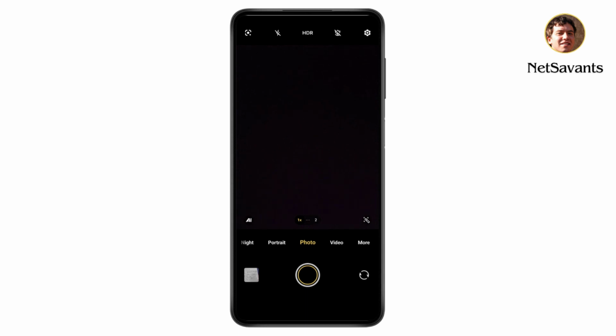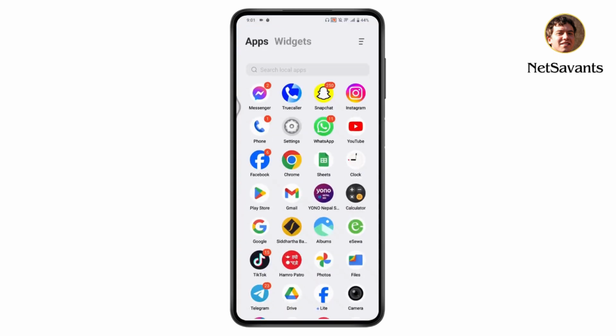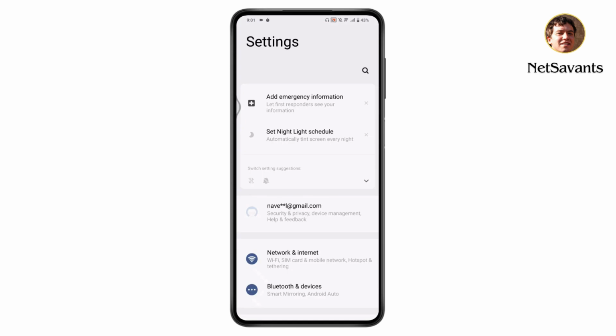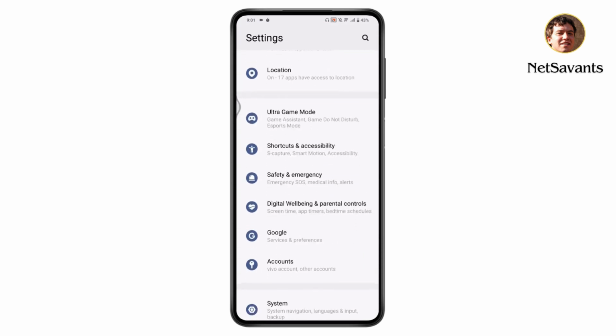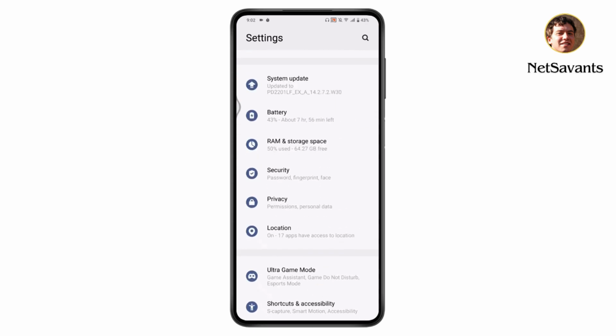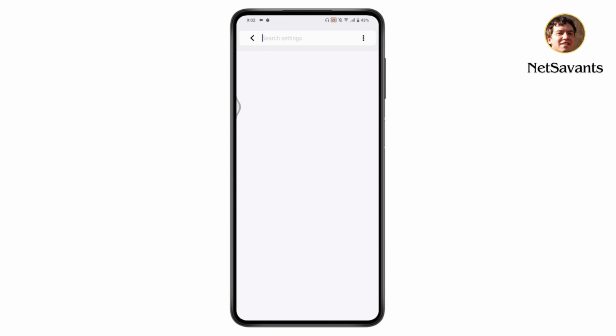If you want to turn off the green dot which is on the upper right, then what you need to do is simply close your camera, and then go to your settings, and here you may have developer options. So search for developer options. If you don't find that option, simply go for the search icon on the upper right, and then you can search for developer. Or if you can't find the developer option,